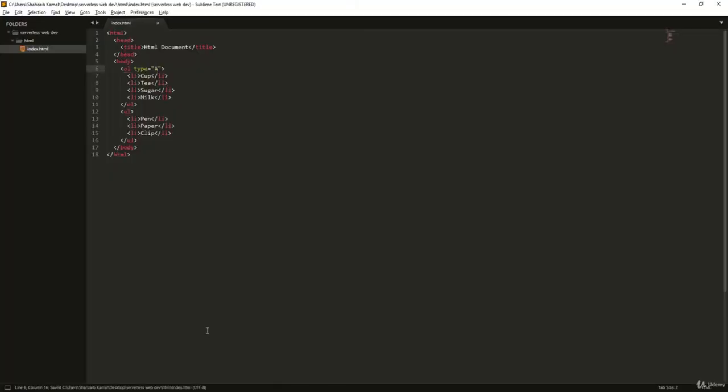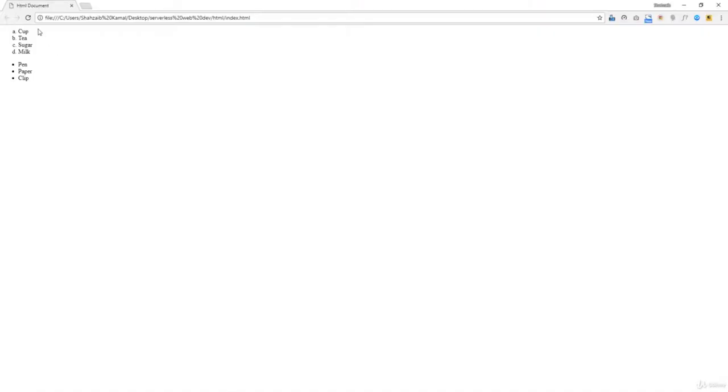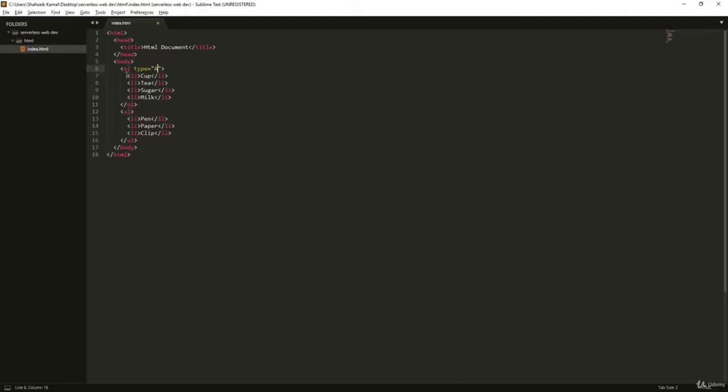I just want the capital A. To save it, go to the browser back and refresh that. Now you can see that A, B, C, D means capital A, small a. You can see that by default it was only the one, but after adding the a, or a small a or the capital A, it just changed. This is an attribute that can do, means changing or styling a tag,